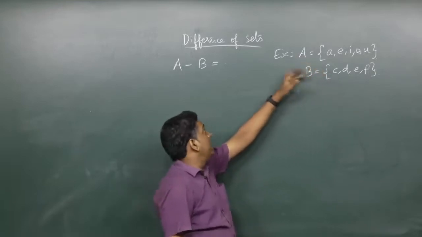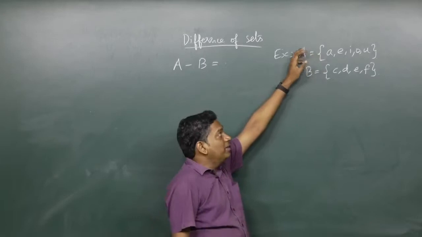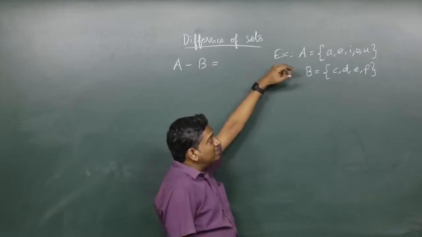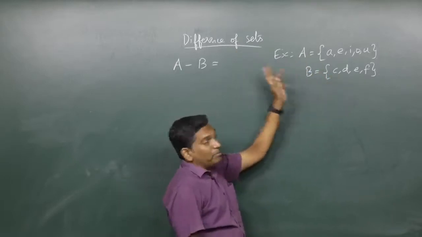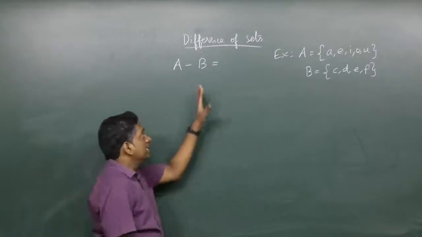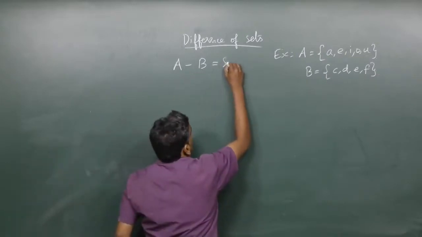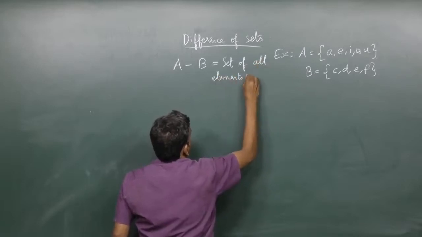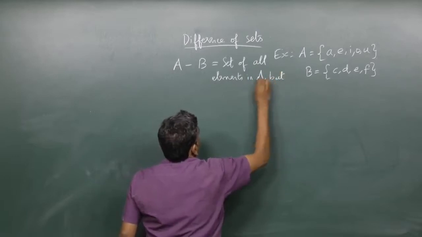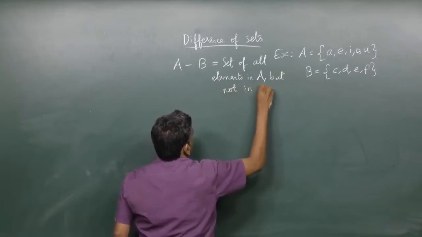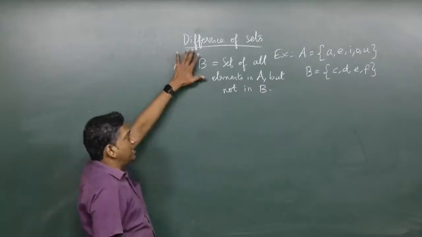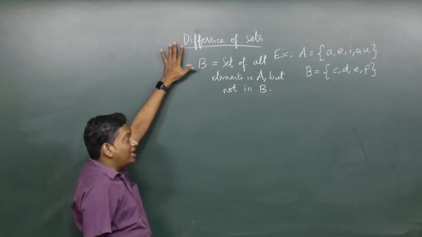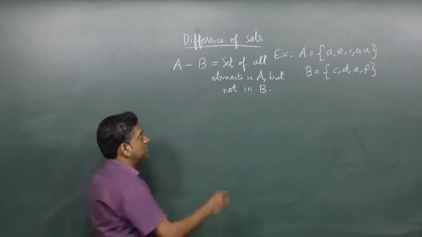Now what is A minus B? Normally in numbers you can do it as an operation, but in sets, how do you do minus? Will you put a minus C? No, that's not the meaning. The meaning of this is the set of all elements in A but not in B. So A minus B must contain elements in A, but not all elements, only those elements that are not present in B.